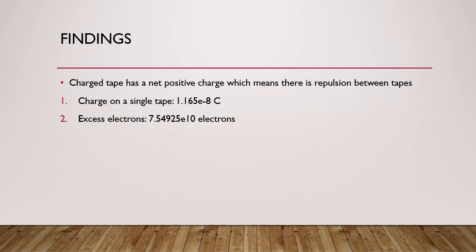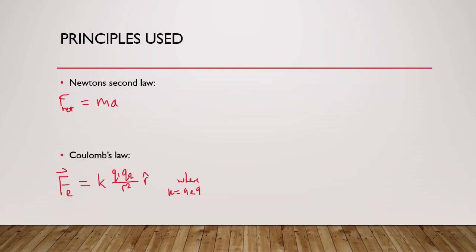Our initial findings, or I guess a preview, is the charged tape has a net positive charge, which means there's repulsion between tapes, and we found the charge on a single tape to be this and the excess electrons to be this. So the principles used, firstly and most importantly, we're going to be using Newton's second